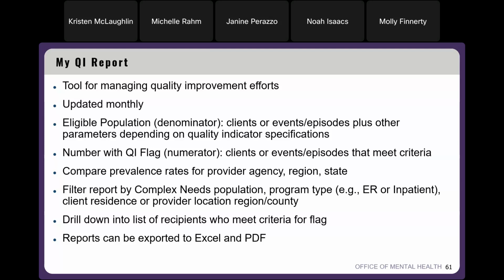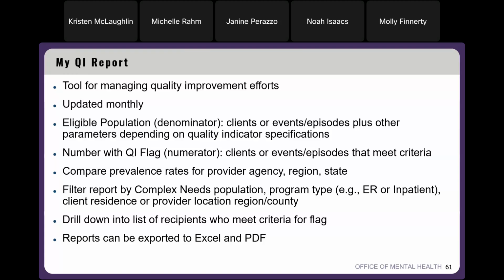The number with the QI flag, that's known as the numerator. That's going to be the number of the people who are actually hitting the criteria for that quality flag. And what we do in PSYCKES is we're providing you what we call maybe the not so good news, right? Certain applications show people are hitting criteria, are getting the follow-ups that they need, or getting the medications that they're supposed to. Whereas in PSYCKES, we're showing the opposite of that. And the reason why is because then you can drill down to that client level information and then hopefully make some interventions or be able to intervene and help that individual.